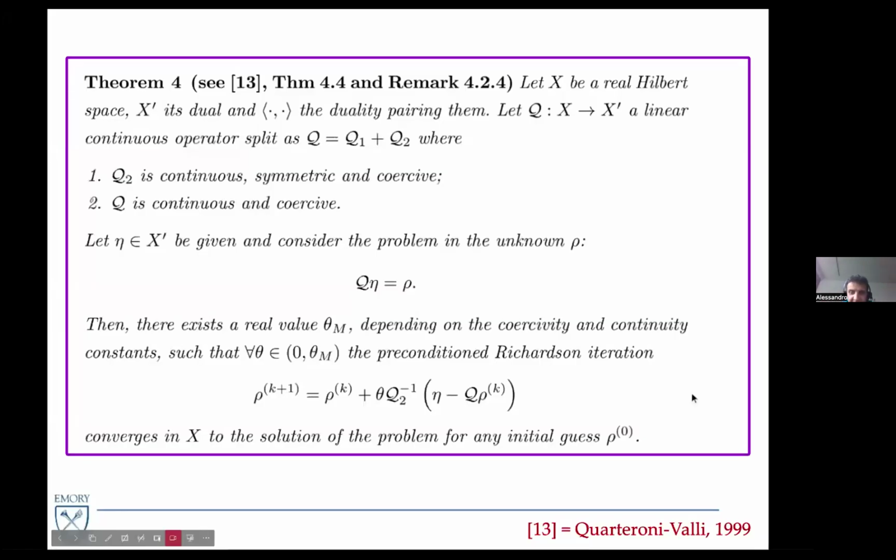preconditioned Richardson. I'm sorry about these problems I am having, but I hope it's uploading now. The next slide is coming up. So I was saying that I had, okay, so this is